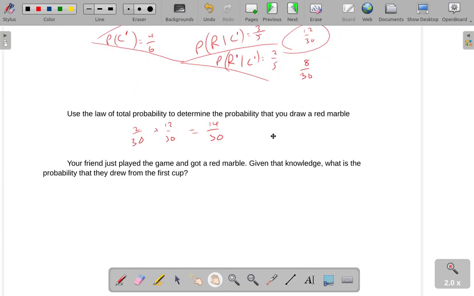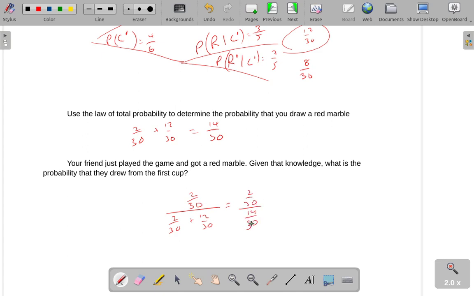So we're going to do 2 out of 30 divided by 2 out of 30 plus 12 out of 30. So this one right here, this again was that total probability. That's that 14 out of 30 that I just wrote down up here. And fortunately, if we keep all these denominators the same, 2 out of 30 divided by 14 out of 30,